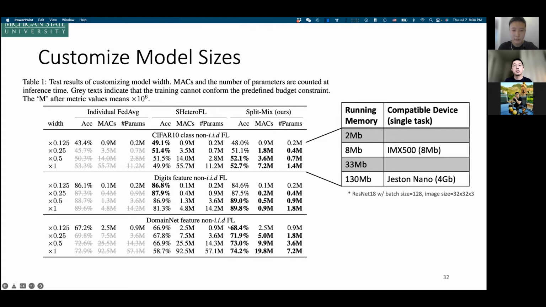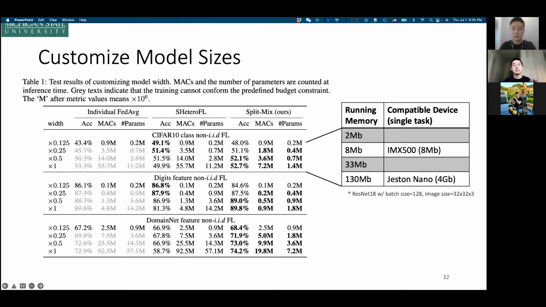Especially in DomainNet, which is a larger dataset with larger images, and it's quite hard for recognition. This task introduces a much larger feature difference, because the different domains have a very large domain gap, and it's very hard for a model to transfer from one domain to another.